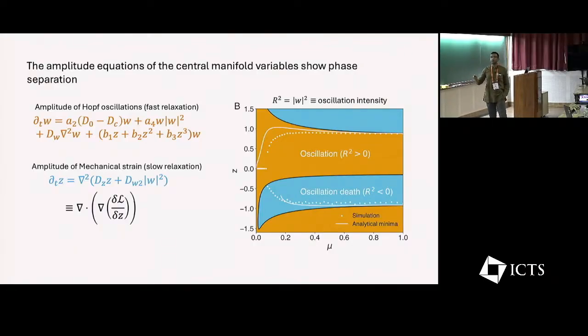What that tells you is that under some circumstances, for example, when you increase the mechanochemical feedback, it spontaneously phase separates into a region with high strain and a very low strain, negative and positive strain. And wherever you have positive strain, you get oscillation. And wherever you have negative strain or compression, you have oscillation death. And this does not depend on the specific details of the Hopf oscillator. As long as you have Hopf oscillators coupled with each other through mechanochemical feedback, you can recover that.